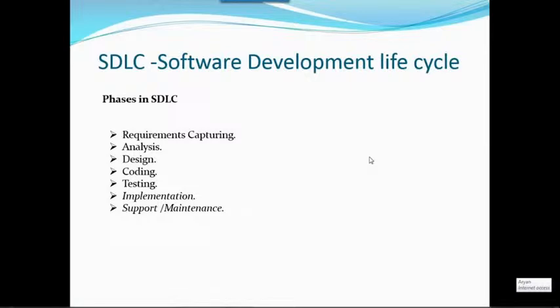Once we get the requirements, what will we do? We will not go immediately to testing. The next phase is analysis, whether we can do it or not. All the work we cannot do, right? Whenever we get the requirement, we need to go for analysis. In real time there is a lot of analysis, metric analysis, a lot of things. So we will not go for everything. Once we get the requirement, we go for analysis whether we can do it or not.